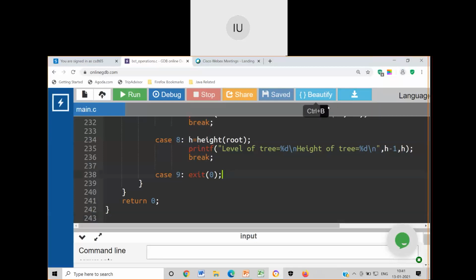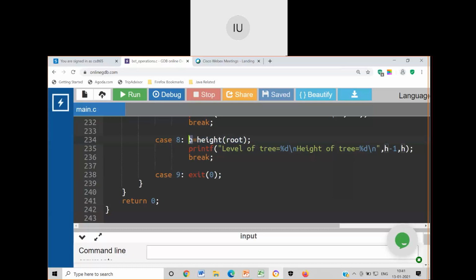Okay. In the same program, I have edited the function for finding the height. Look at this. This is the function call for finding the height of the tree which has been generated in the previous steps. I have passed to this height function only the root, nothing else, and it returns me an integer.